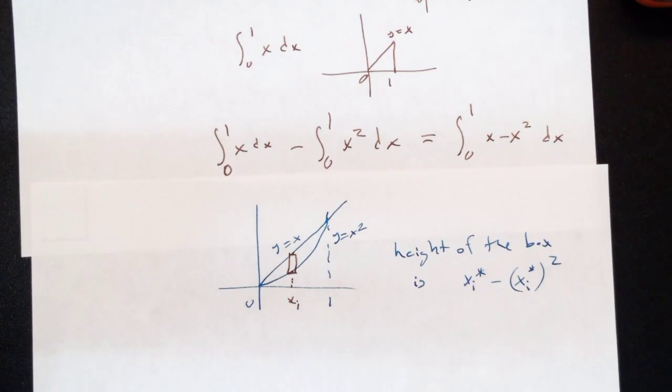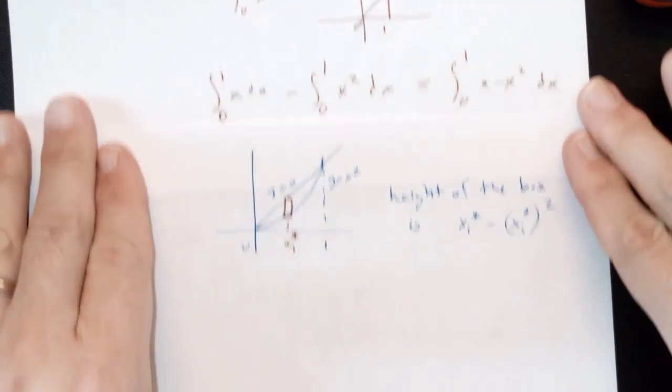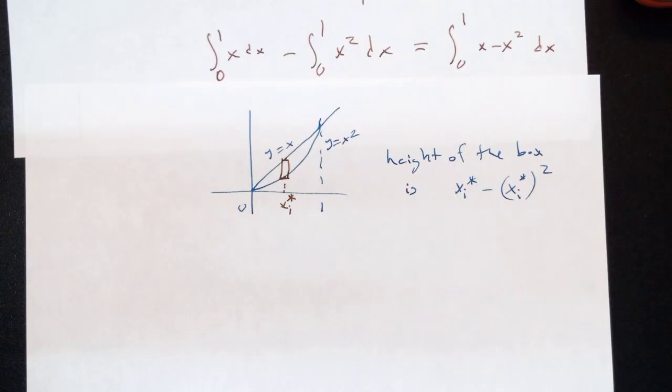It does help if I put the little star on the xi that's down there. I apologize. And if I say to myself, what I really want to do is slice up this region, but instead of going all the way to the x-axis, I want to stop at that bottom curve. I'll still get the area,